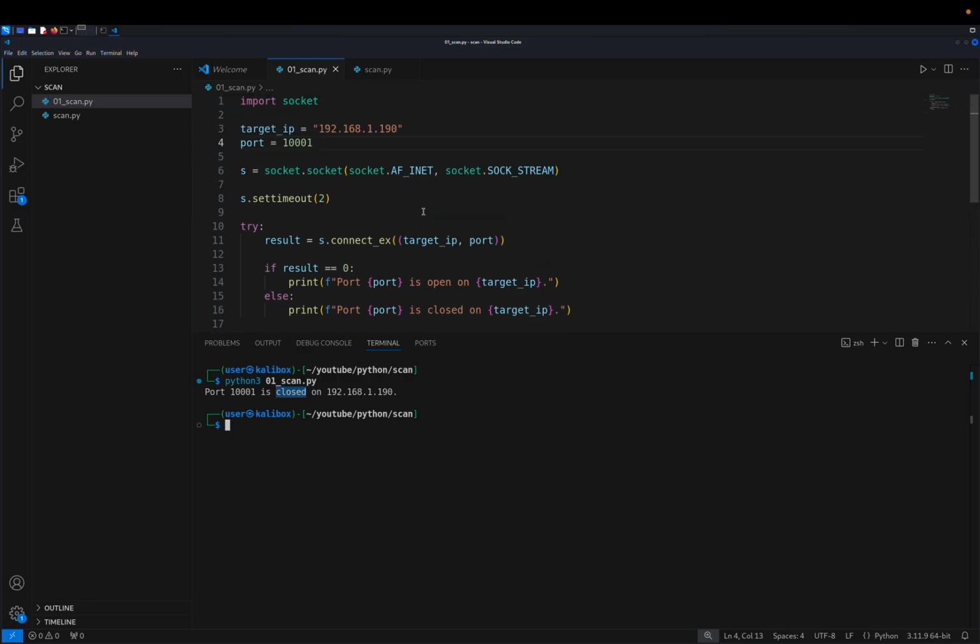So this is it for this tutorial, guys. In the next tutorial, I will show you guys how to use the argparse module to take the target IP address which we want to scan. We want to take it from the command line argument. So we want to pass the target as an argument to the script here. So let's say we want to scan 192.190. So we want to pass it to the script like this. In the next tutorial, I will show you how to use the argparse module to pass the target IP address